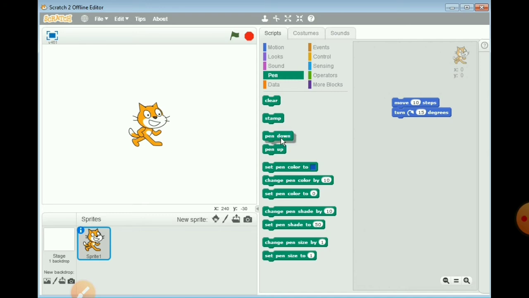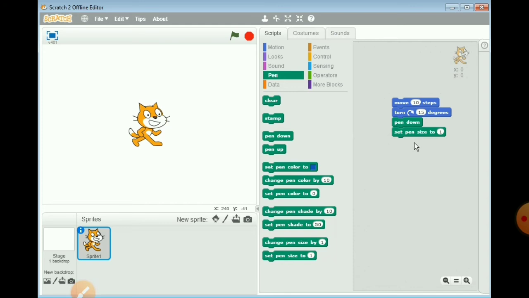Just click on it and drag out the block and place it underneath the turn right degrees block. Just paste it on the script area like this. Now next step is click and pull the set pen size block onto the script area. Place it below the pen down block and change the pen size value from 1 to 10. Set pen size here? Yes. Just click on it and place it below the pen down block here.